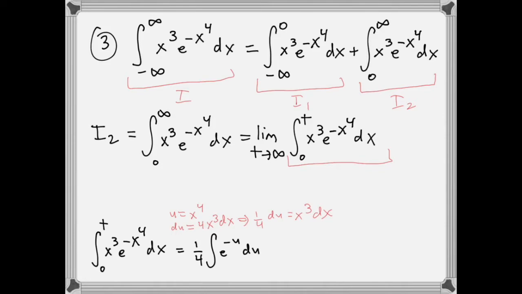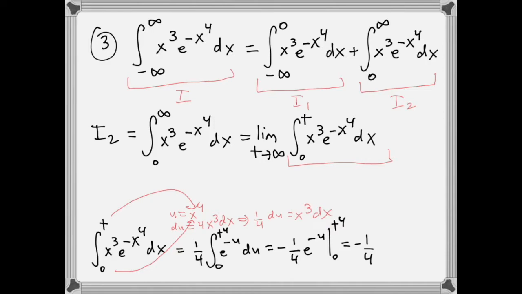What am I integrating from? Well, if I actually plug in t, I get t to the fourth. So what I'm doing is I'm plugging these guys in for x, right? And if I plug 0 in for x, I end up getting 0. So now I'm integrating from 0 to t to the fourth. What's that integral going to be? Well, the integral of e to the negative u is just negative e to the negative u. So I get negative 1/4 e to the negative u, and I'm going from 0 to t to the fourth. So that's going to equal negative 1/4